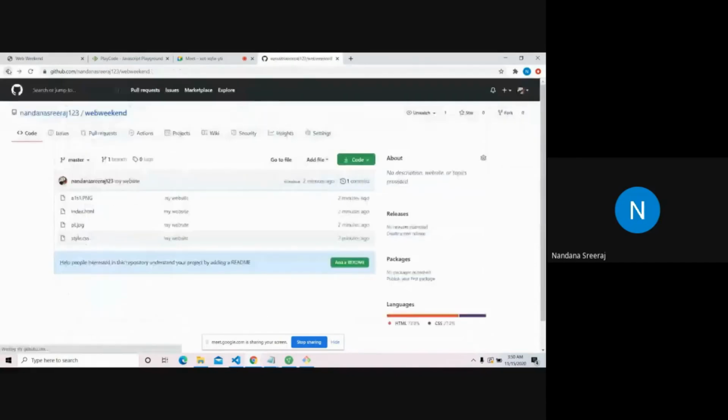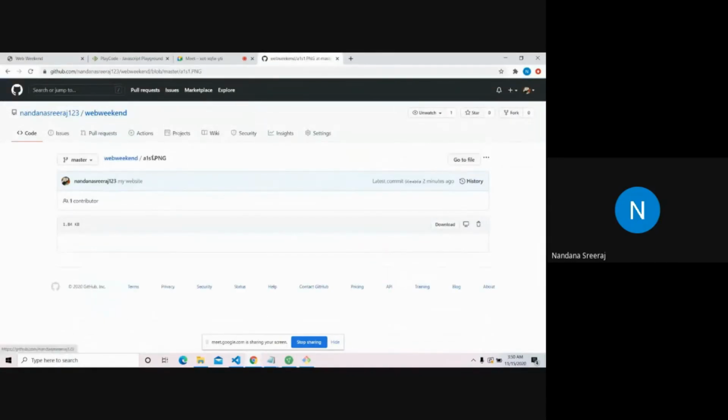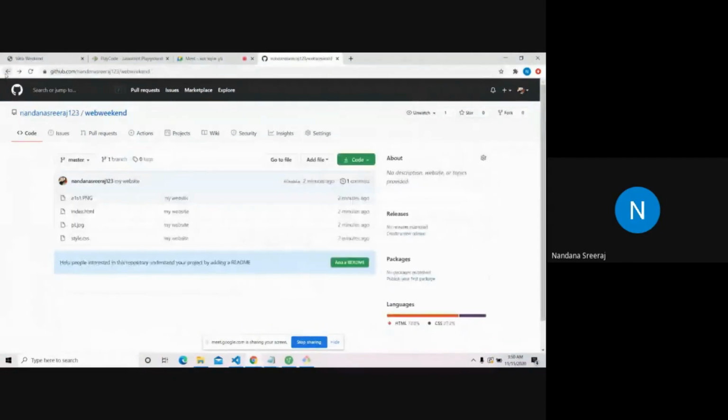And then we have this images a1.png, the image and all. So we have everything now on the internet. So even if my computer gets broken, I have everything on the internet. I am completely safe. This is the use of GitHub, to store something safely. This will be available to you lifelong. It won't go anywhere. Even if you change 10 laptops, it will be available on the internet.